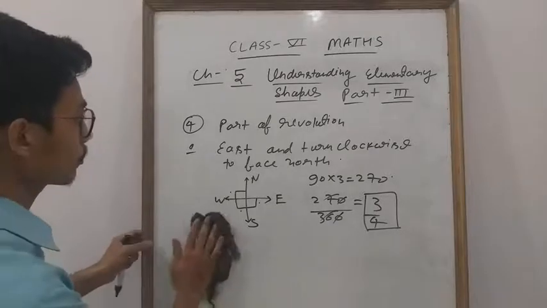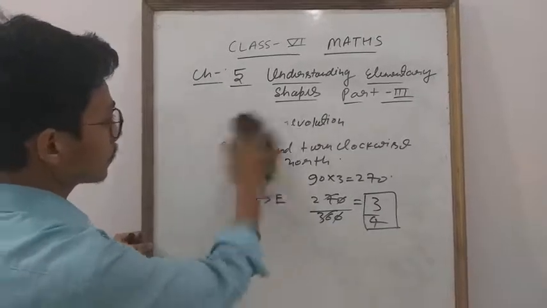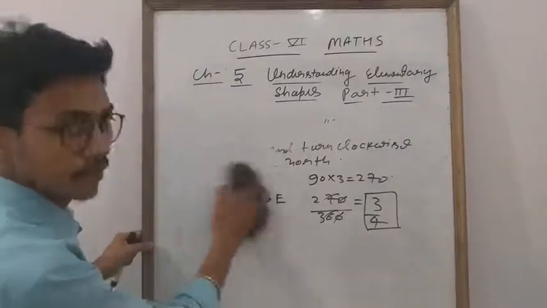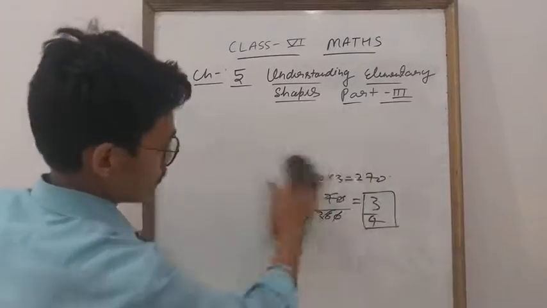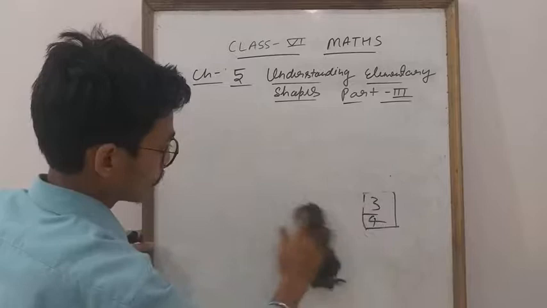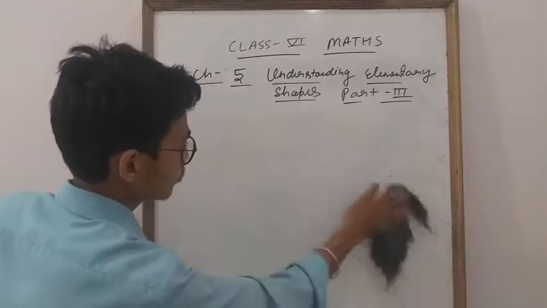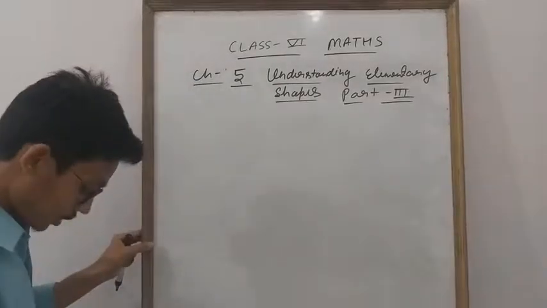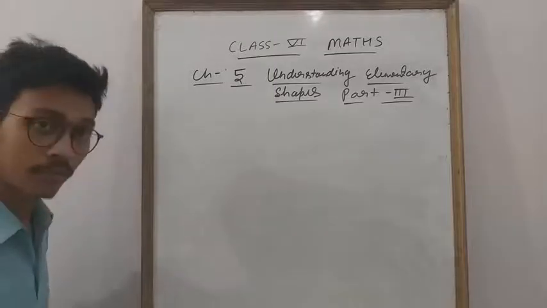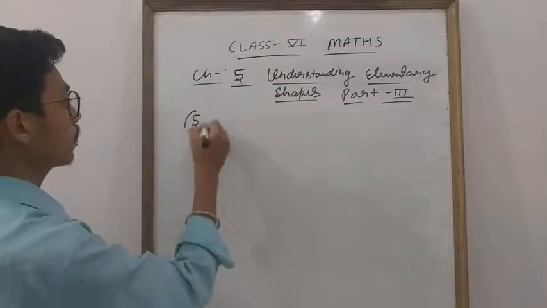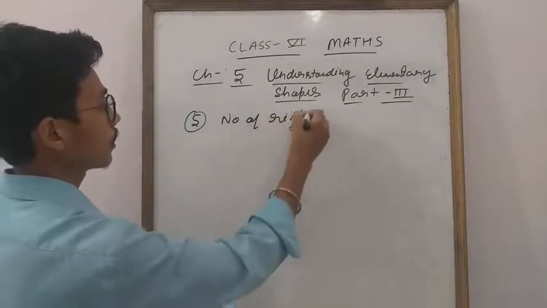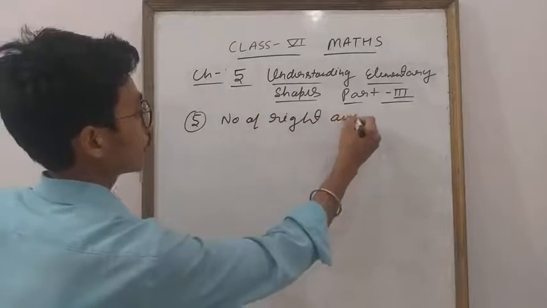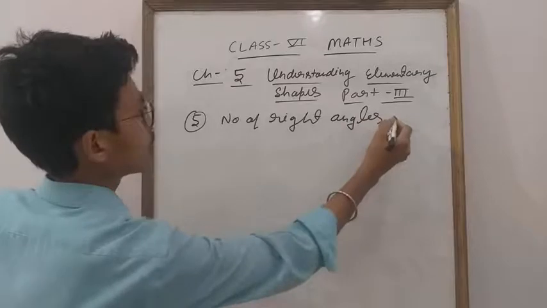Question number 5 you have to do. देखिए, this question is very different and very important. Okay everyone, you can also explain to anyone else how it is coming. So do all the questions very carefully. अब the next question is given. You have to find out the number of right angles. What you have to find out, student? Number of right angles.